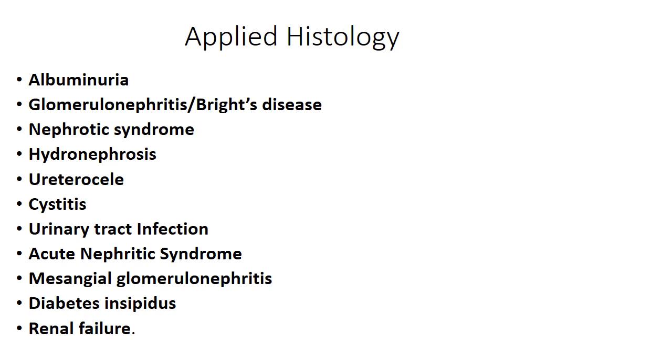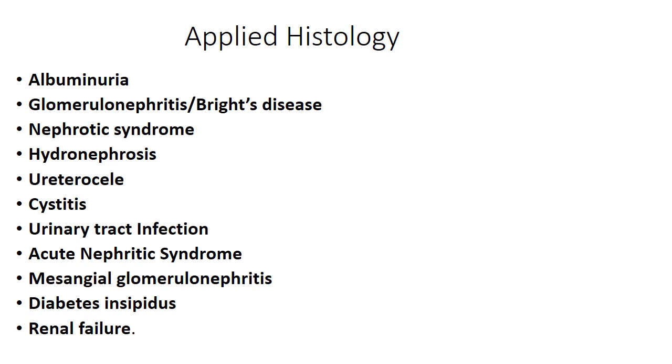Then comes the acute nephritic syndrome, when the glomerular capillary lumen is blocked by either increase in the number or size of the endothelial cells. It is known as acute endocapillary glomerulonephritis, and there is rise in blood pressure, rise in blood nitrogen, and there can be occasional hematuria and edema.